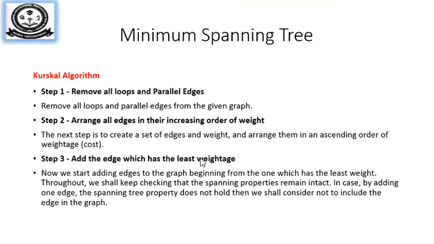I repeat again: if you have any self loop or parallel edges, remove the self loop and make the parallel edges into a single edge. Second step, sort all the edges based on the cost, in ascending order. And the third step is to start including each edge into your minimum spanning tree such that no cycle is formed. So this is Kruskal's algorithm.